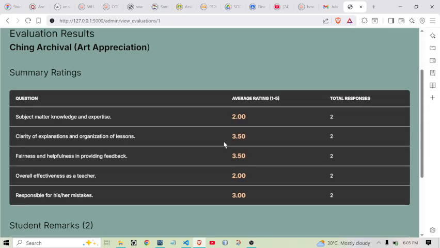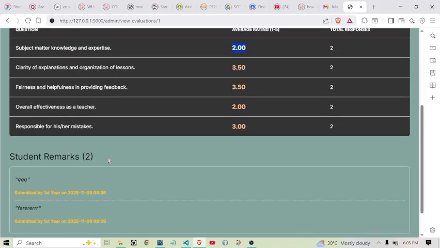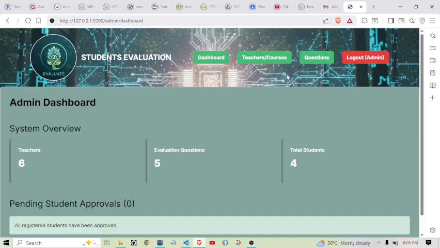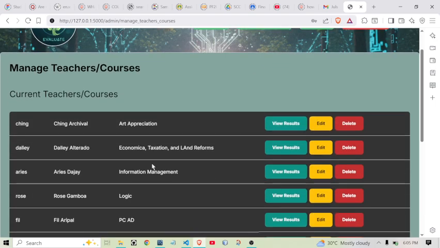Oh, she got maybe the lowest, a 2. Okay, we don't have to bash the teacher. Let's just pick the other teachers here.